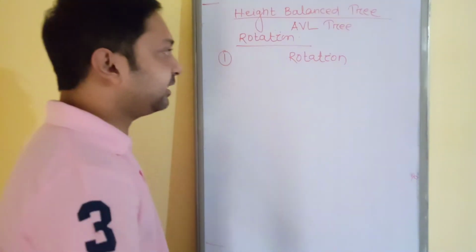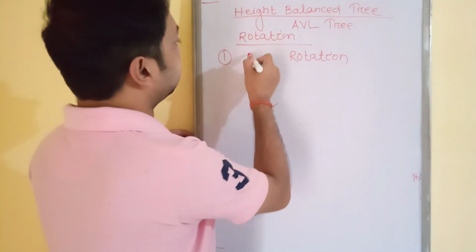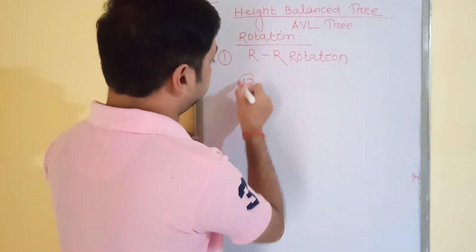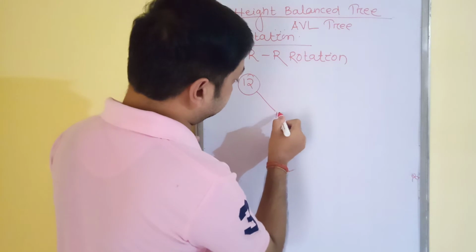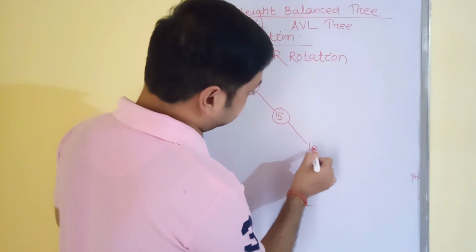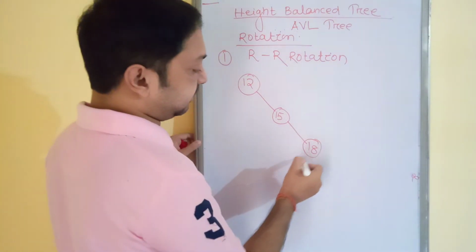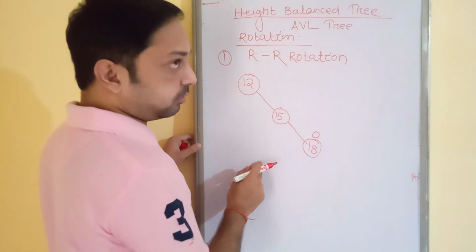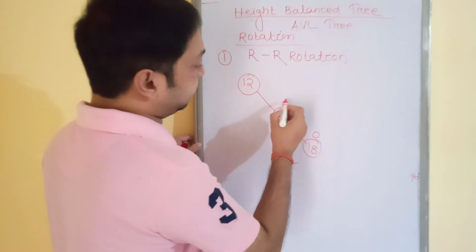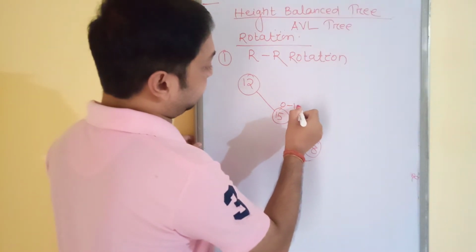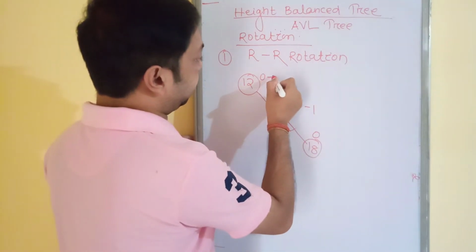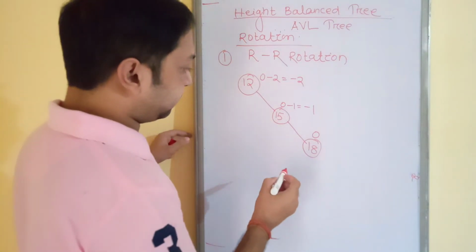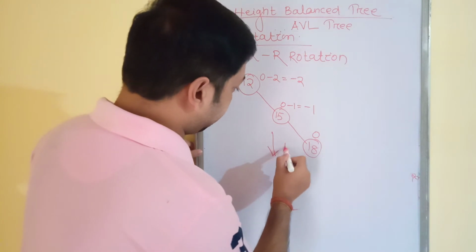So when the right hand subtree of a right hand side node gets imbalanced, you can see the same process. This is 12, now 15, now 18. Now calculate the balance vector. This is 0, left hand side minus right hand side. For 15, left hand side no elements are there, right hand side 1, that is 0 minus 1, that is minus 1. Similarly 0 minus 2, that is minus 2. Now it is unbalanced. So in that case you can apply your RR rotation.